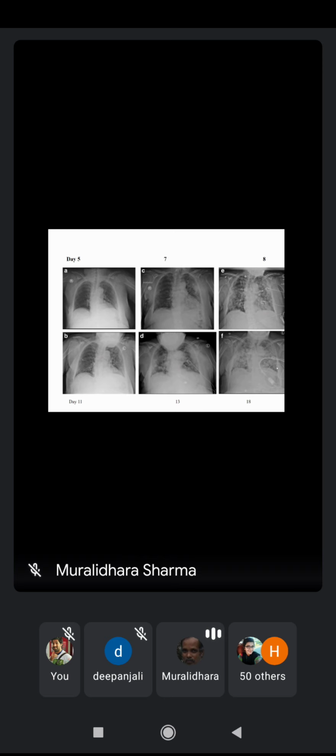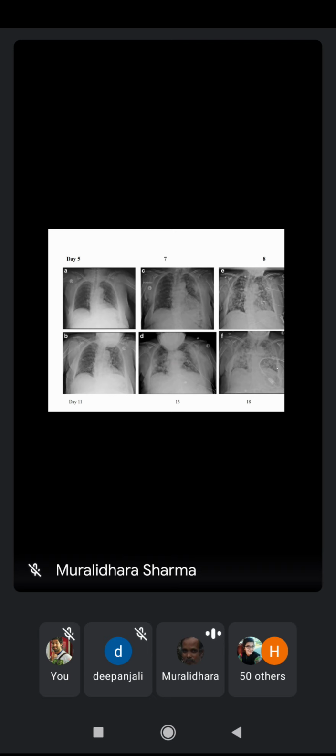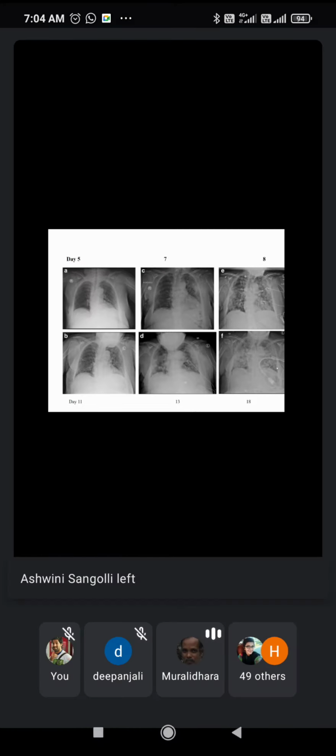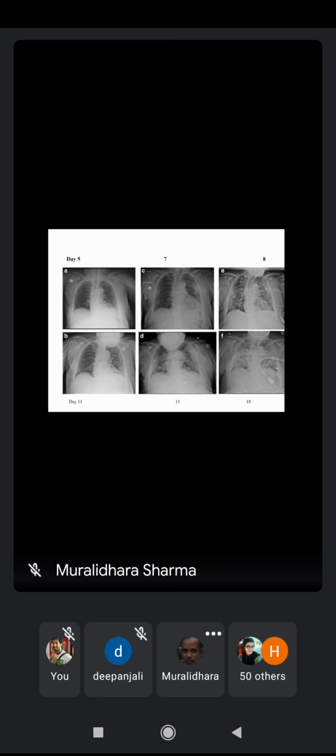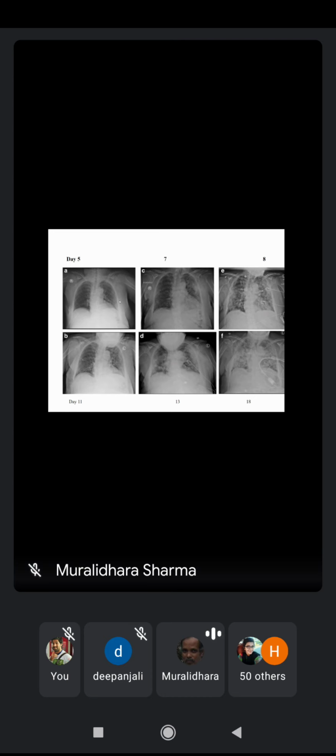To understand the COVID lesion, you have to have a clear-cut picture of all three phenomena: the fibrosis occurring, the pneumonitis or the inflammatory changes occurring, and then the interstitial lung changes, which can occur in due course of time. So that's the typical course. And another characteristic is the rapid course of the patients as such. So this shows, like in day 5,